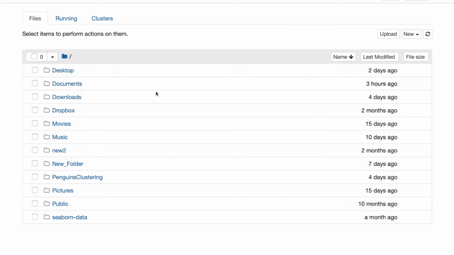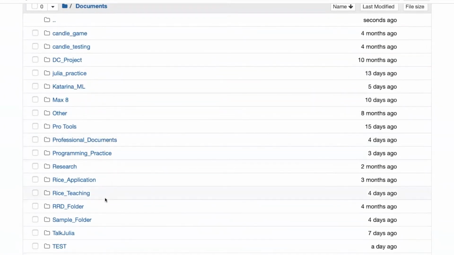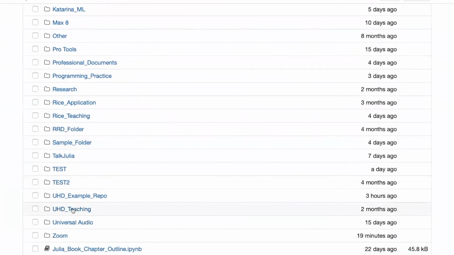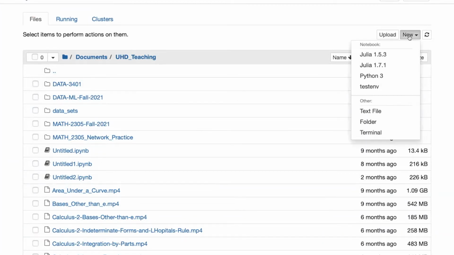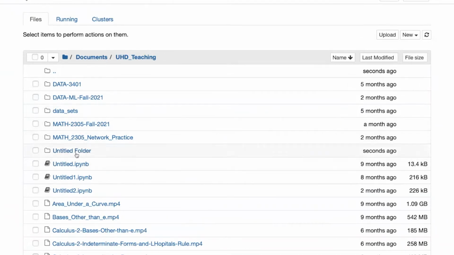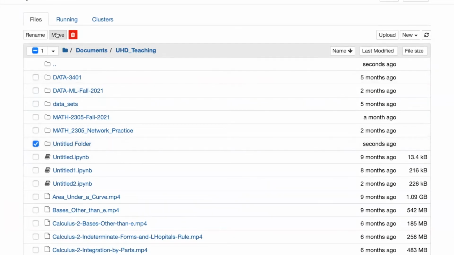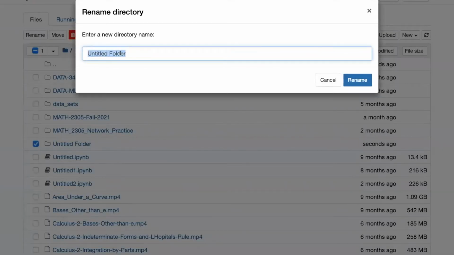This is like my desktop computer right here. I have all my files here, or directories, depending on what you want to call them. Suppose I want to make a new file to store all the things that I'm going to do in this class. So maybe go to Documents, UHD Teaching, it's a mess, maybe over here. This is where I want to be, UHD Teaching, and I'm going to come over here and say New Folder. I'm going to change the name by clicking right there in the little box. I'm going to rename it and say